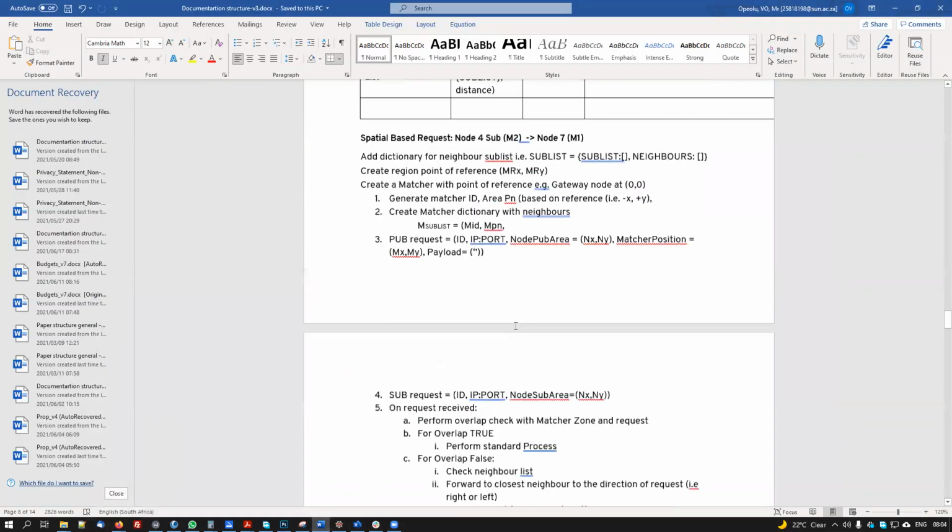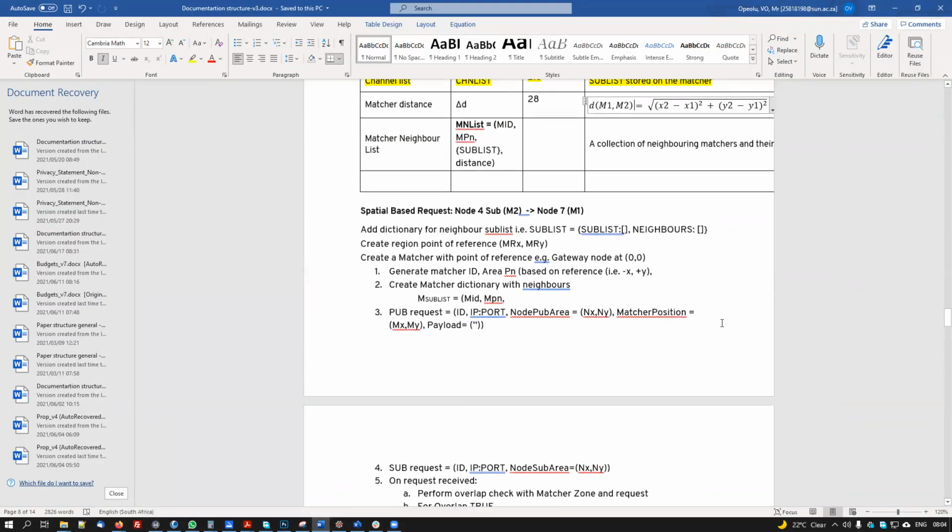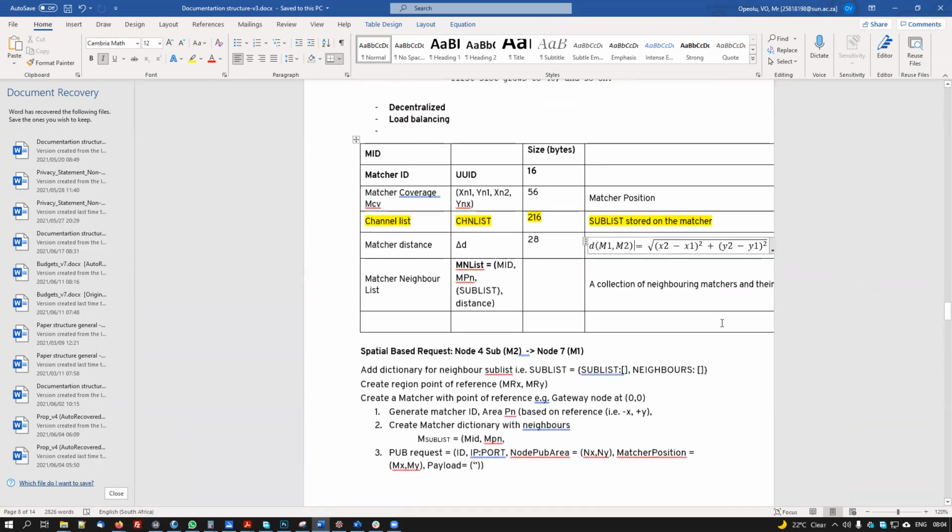But I think what I just tried to do, I tried to clean up the process, the matching sequence, as well as getting the precise parameters, the message parameters. For example, what's the ID, and basically this is supposed to be a 128 bit or 16 bytes.